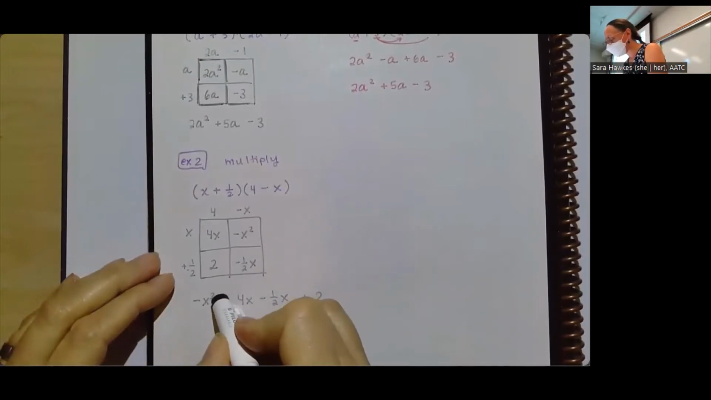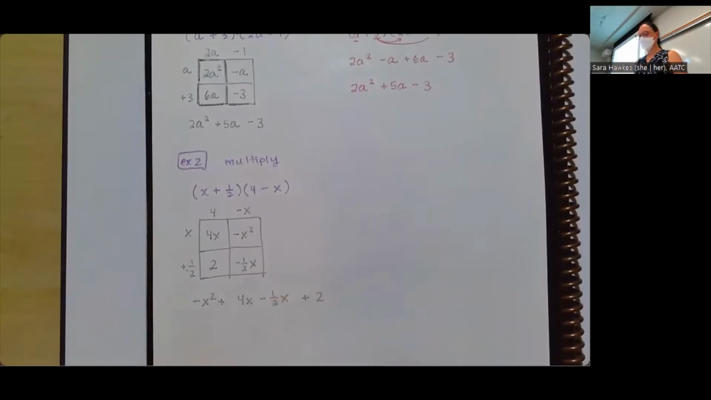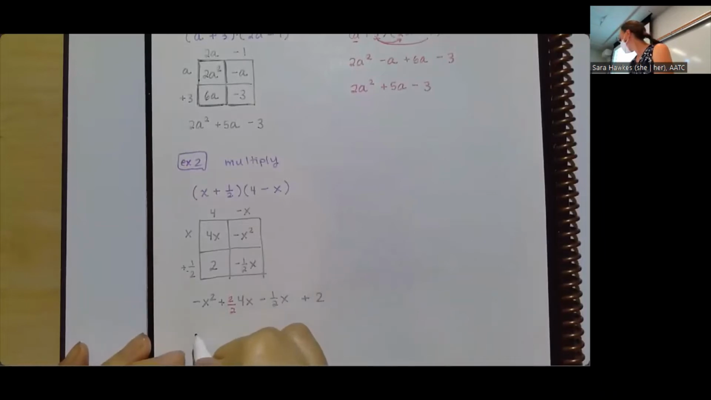I'm going to take that plus and just give myself a little bit more room here. In terms of a common denominator, I'm looking at a denominator of 2. So I need that 4x to be multiplied by 2 over 2. Which means I've got negative x squared, 2 times 4x would be an 8x over 2 minus,